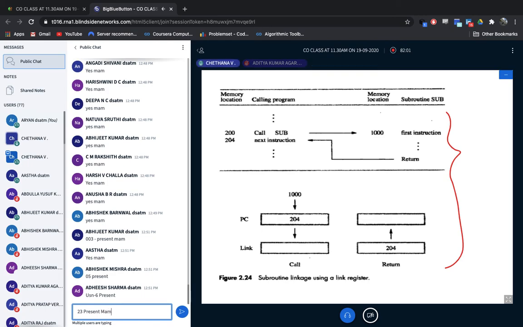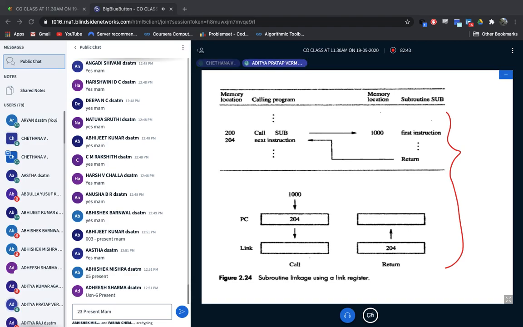Abhishek Mishra, why were you absent yesterday, Abhishek? You should be regular to the class, Abhishek. Why were you absent, Abhishek? Adish. Adish present. Aditya. Present, ma'am. Aditya, why were you absent yesterday? Tell me, Aditya, what's your problem? Ma'am, power supply was not there yesterday, so I was unable to connect to the class. Okay. Be regular.